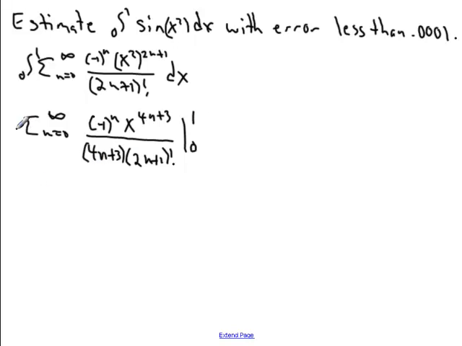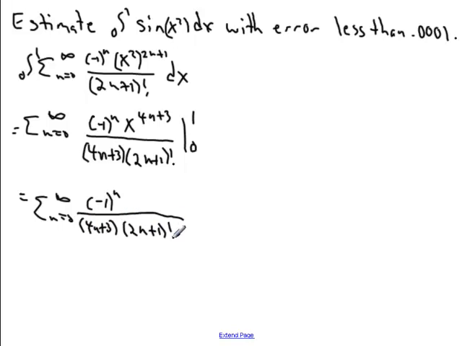So this is equal to the sum from n equals 0 to infinity. Evaluated at 1 just gives us the alternating series negative 1 to the n over 4n plus 3 times 2n plus 1 factorial, minus this sum evaluated at 0. Fortunately, when we evaluate this at 0, we get 0. So our estimate for this integral is an alternating series. This is pretty nice because